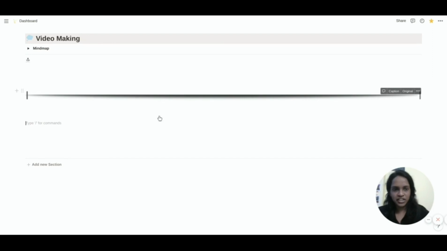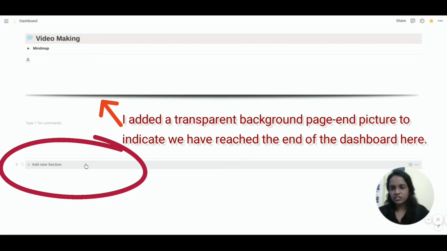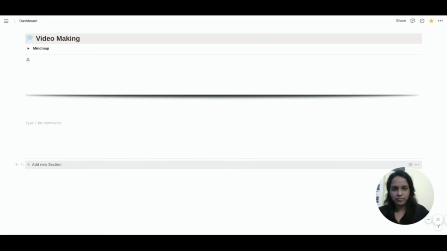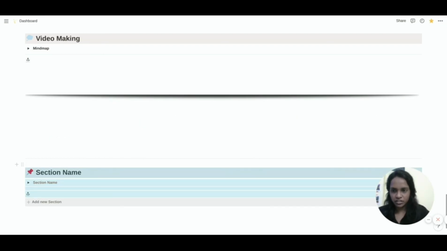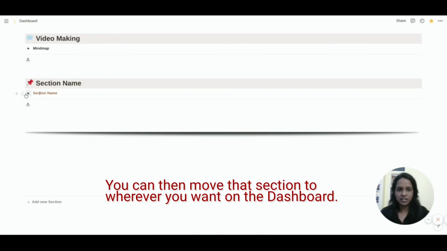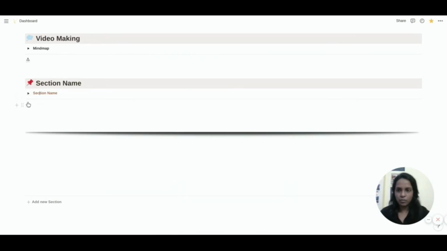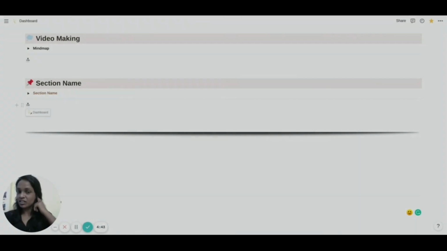Lastly, below this page end, I have a template button, this one, which just creates a blank section. If I click on this, it just created a section below this. This contains just a heading with a highlighted background and a blank toggle button to start with. Then a back to top link. And then finally, at the end of it, there will be a divider.